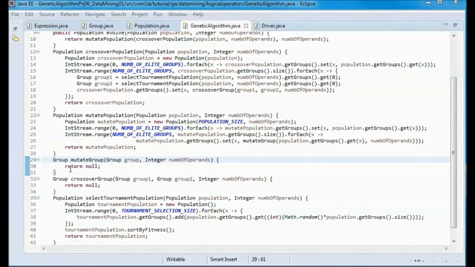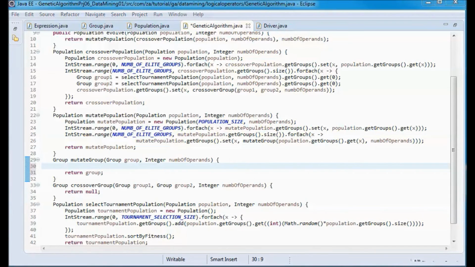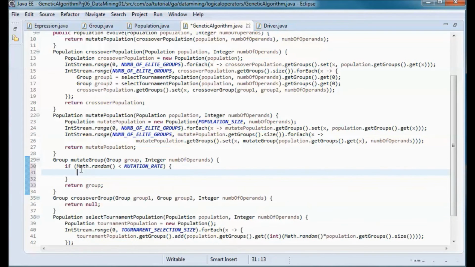Now for mutate group, we will be returning the passed in group after mutating it, and we will only perform mutation if math.random is smaller than the mutation rate.